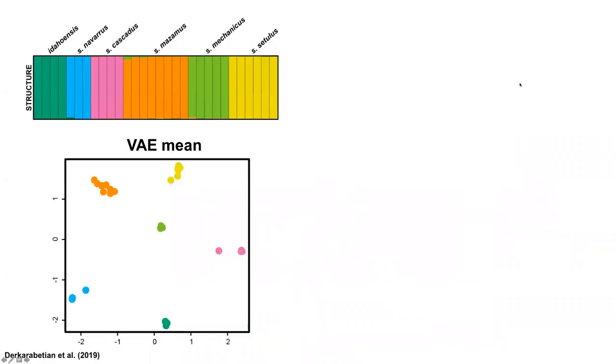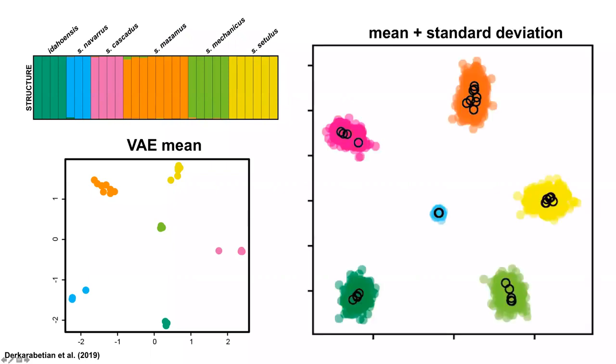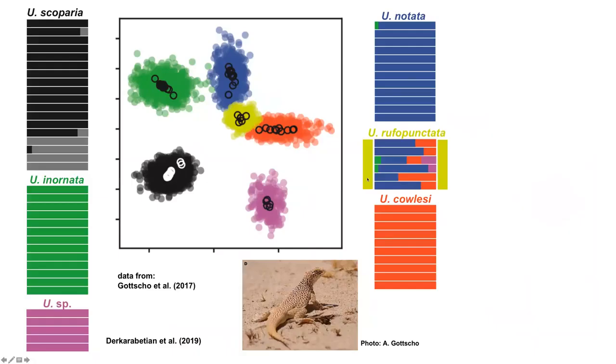Okay, so what does the output look like? Here is the mean. Again, a two-dimensional representation, everything is clearly separated, but the benefit of VAE is the standard deviation. Here we can see the clusters. I interpret this as the uncertainty around those samples in this latent space. Now this data set is very simple, not complicated. But when we look at a more complicated data set, for example these fringed toad lizards, where there's a bit more going on, we see where the standard deviation comes into play. So we look at these three species here. Rufo punctata was, we heard about this earlier, identified as a hybrid population.